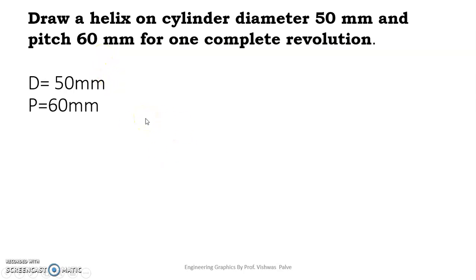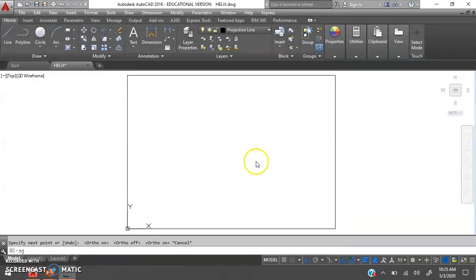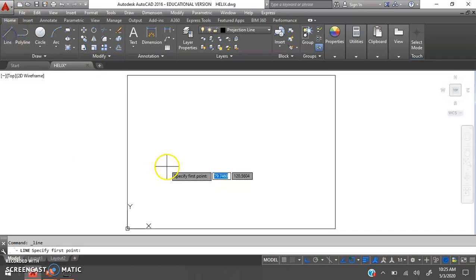I am going to use AutoCAD software for drawing. Let us start with AutoCAD. First I will draw the front view and top view of a cylinder.